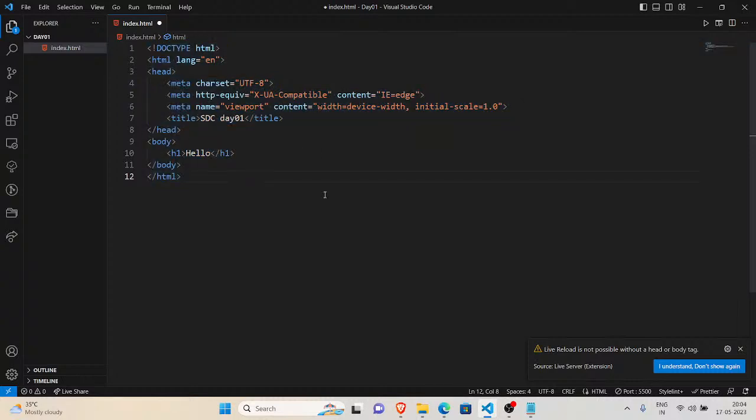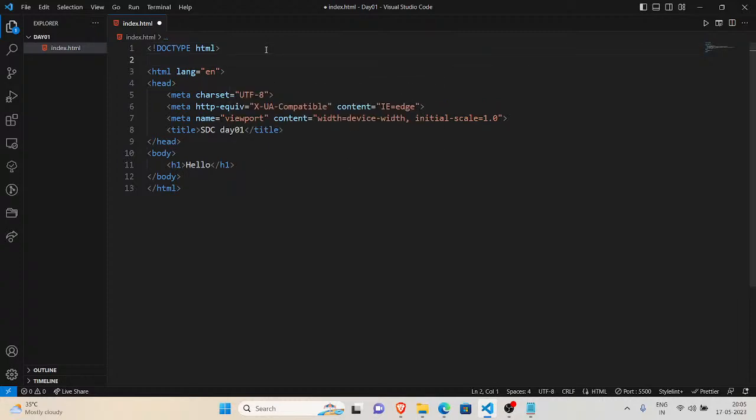Let me give an intro to HTML. This is the main HTML tag, and this doctype HTML is for defining that it is an HTML file.